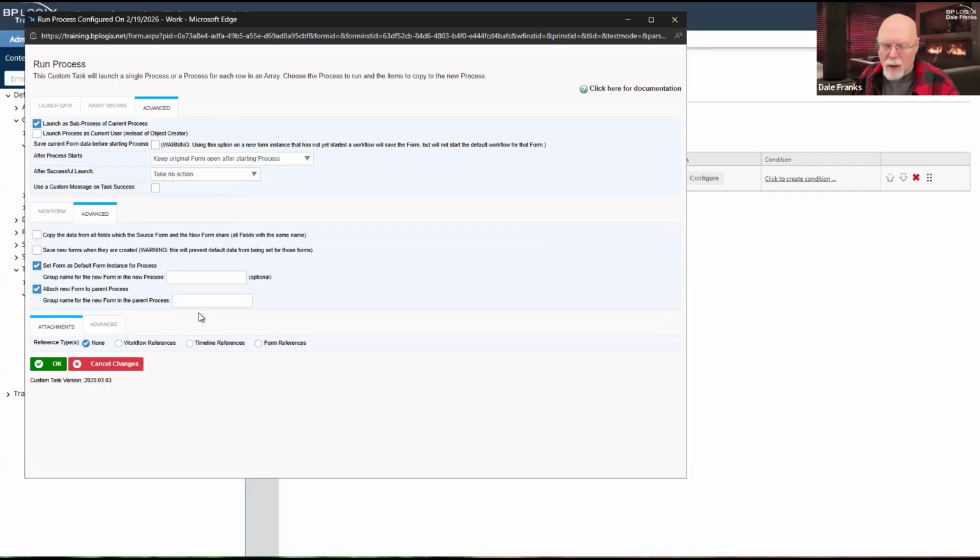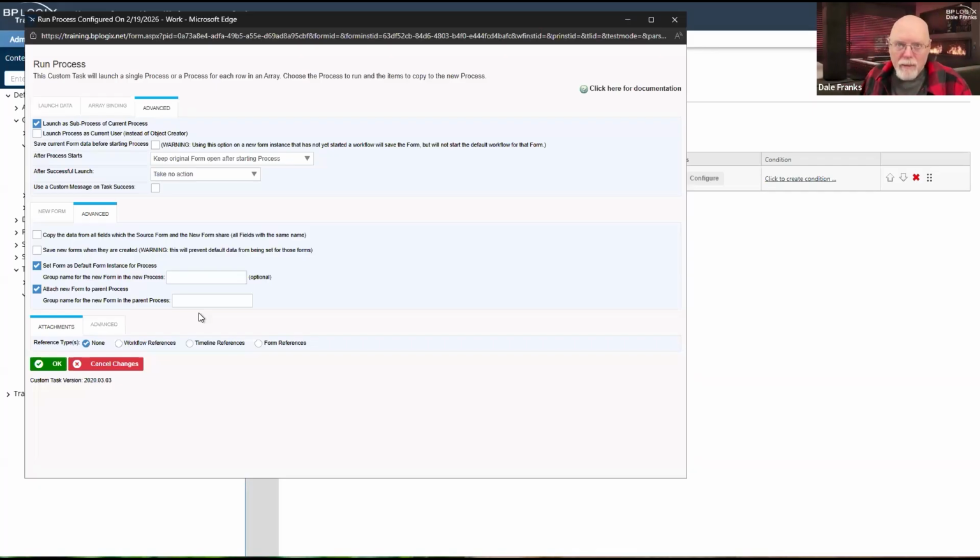Process Director is going to want to do a couple of things whenever I invoke any sort of subform or sub-process. A, it's going to want to treat it as a sub-process of the main process. And we're going to have to back out here and go back to our main form in a second to take a look at what some of our options are if we do that.